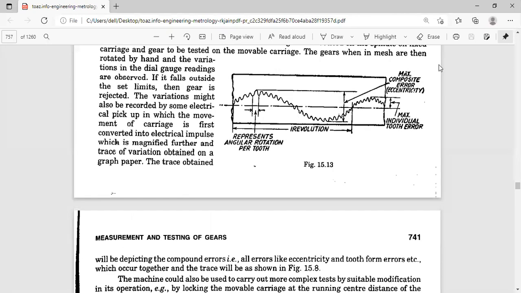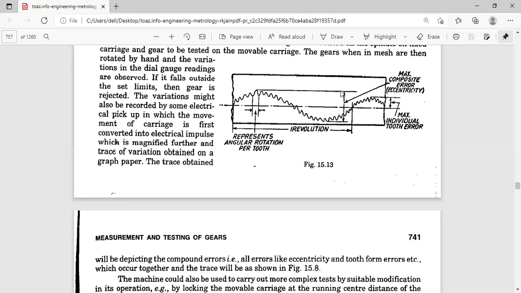You just try to see; we have already shown one of the diagrams before. This is the maximum composite error. It touches the highest peak and the deepest valley, the crest and the trough.